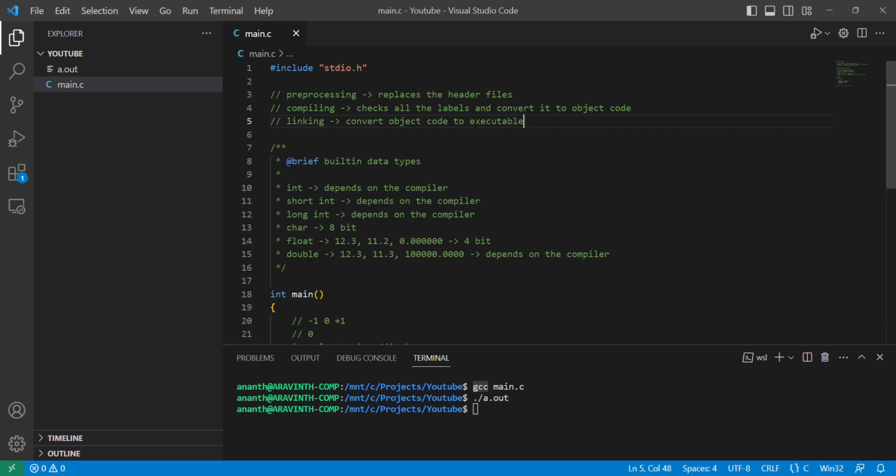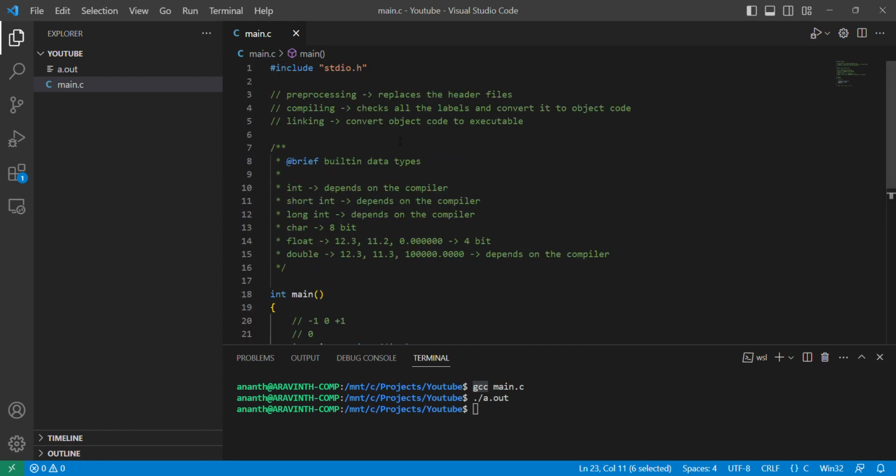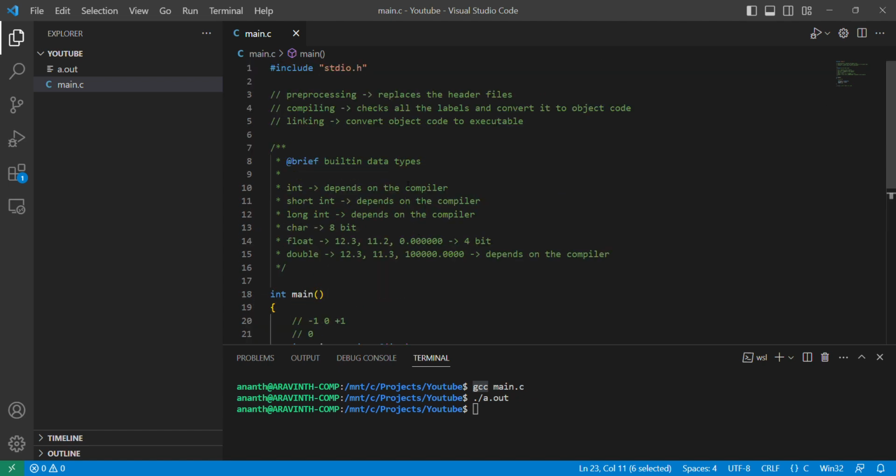So during this process it will check for the printf function. It will replace the entire file with the contents of stdio.h, and it will check each one of the statements for syntax and everything, like what statements have been used, and verify them. Once it comes to this, it will find the declaration of this one in the replaced header file, and then during the linking it will find the definition for that one. So once everything is done,